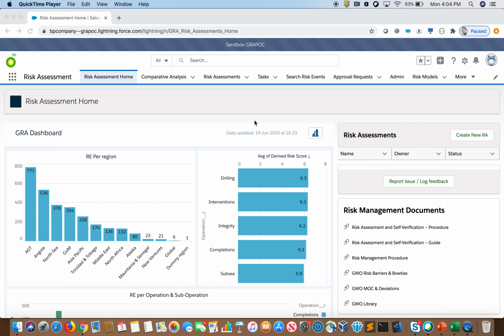Good afternoon. This is Max Quinn, and today I'm going to go over a demo of Einstein for the BP risk assessment tool. So this is the home page for the risk assessment application, and I'm going to go into